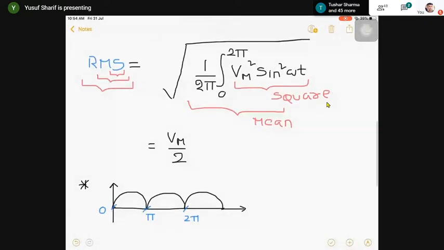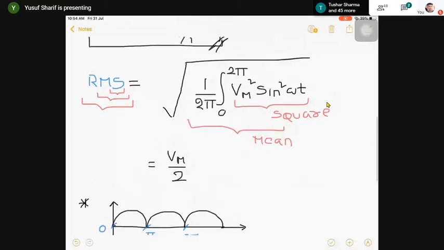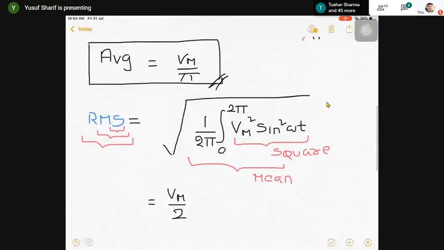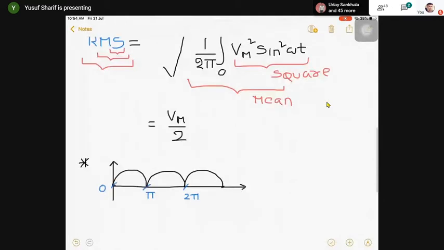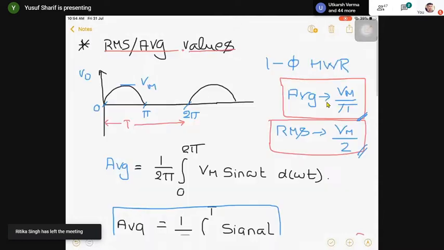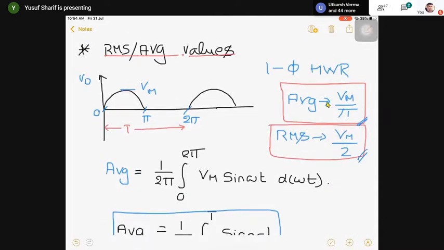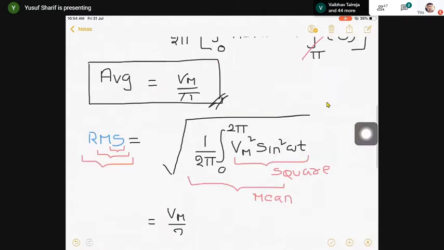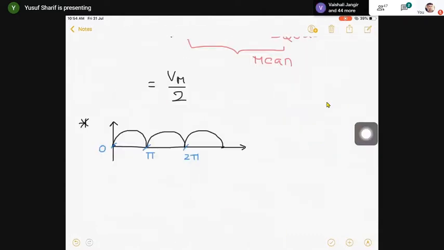What was it for the half wave? It was Vm by pi. So anyone, what could be the average value of this one? Sir, 2 Vm by pi. That's it, because if you look here, in full wave, in between, one more signal is getting inserted over here, right? If the half wave average value was Vm by pi, the full wave has to be 2 Vm by pi. Even if you use simple logic, you should get the answer: V average will be equivalent to